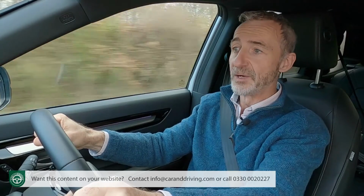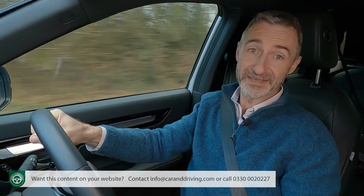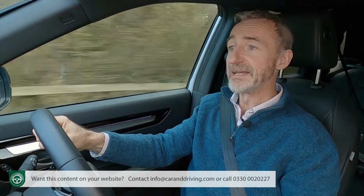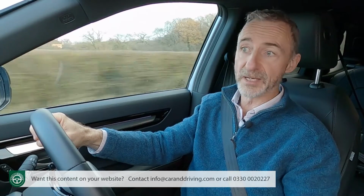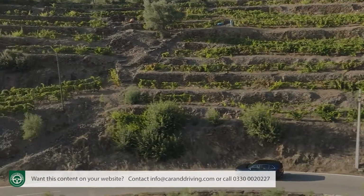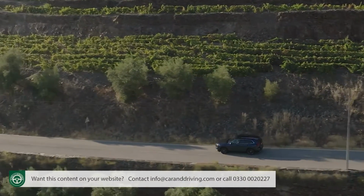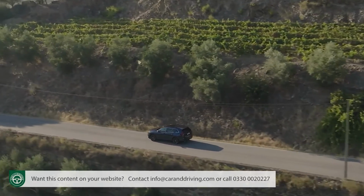The latter adds what Honda hopes is a sporty buzz to proceedings. You might disagree. This PHEV version adds 2 further settings, EV and Tow. The latter reflects the fact that you need this plug-in hybrid with its 1,500 kilo towing weight. If you were going to pull anything along with this car, the eHEV version is restricted to just 750 kgs